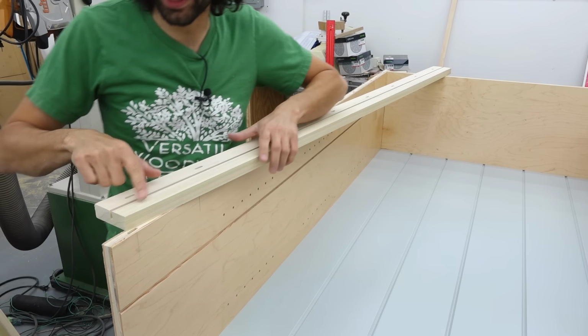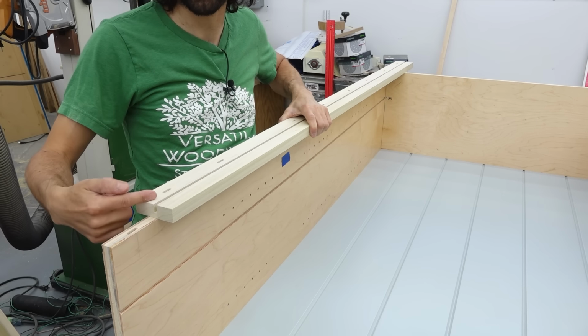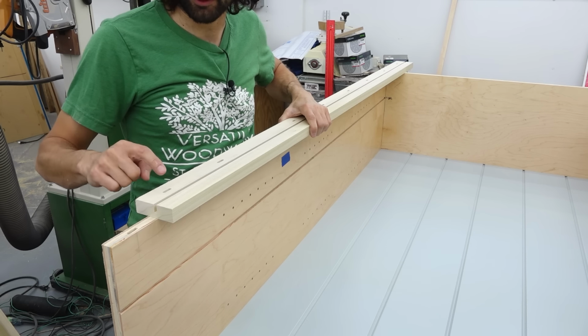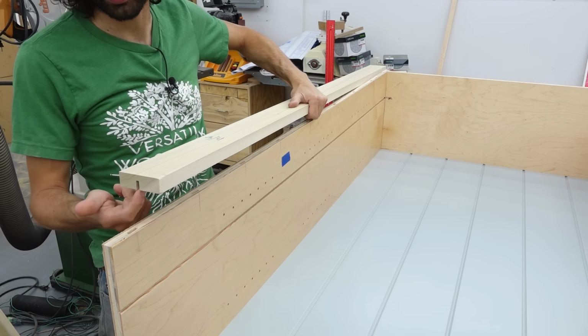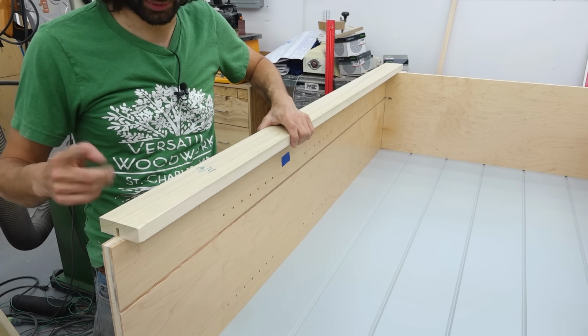So just for some context of how I have this set up here, I have two indexing positions for each style based off of this domino hole. I have the final install, and then I have the scribe positions. So when I put this cabinet up there, I can put the scribe position on the dominoes, and that'll set this rail or the style